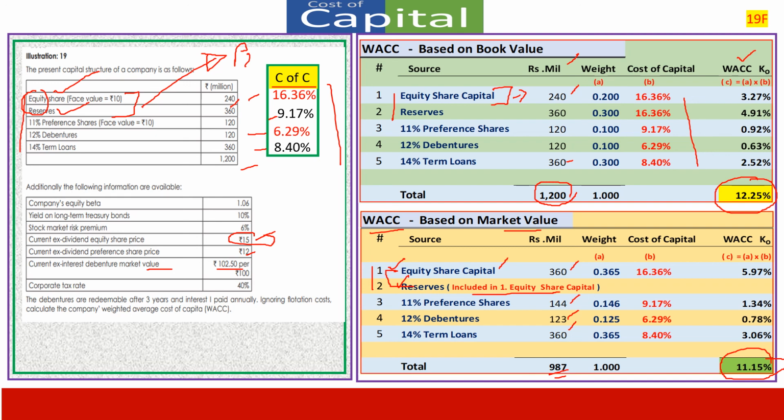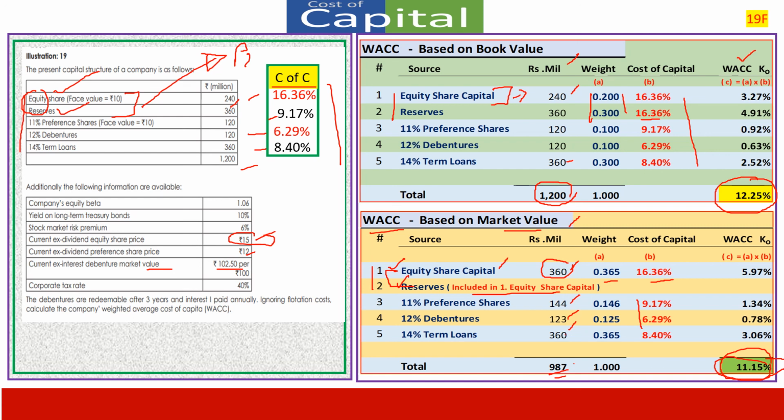That is number one. Number two, the equity which was contributing 50%, 20% from equity, reserves 30%. 50% was charged here at 16%. Here 36% is charged at 16%. Means lower cost funds are contributing to more weights, and hence the cost of capital based on market value is being shown at a lower level.